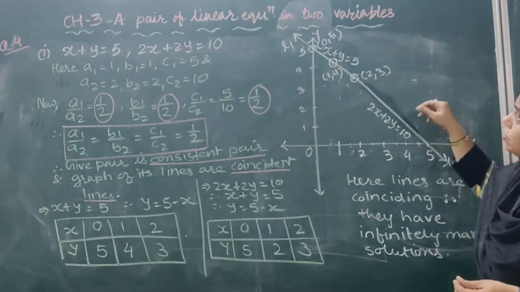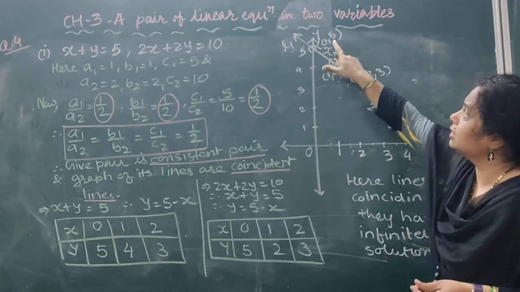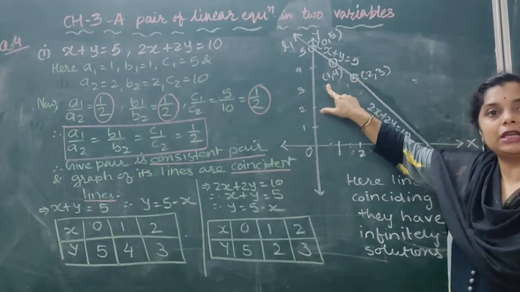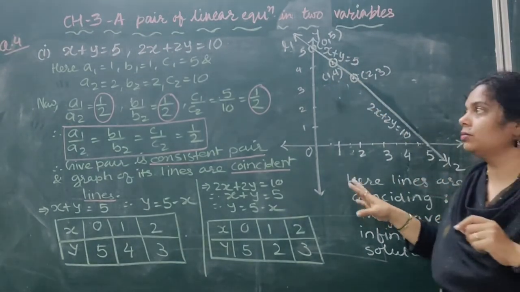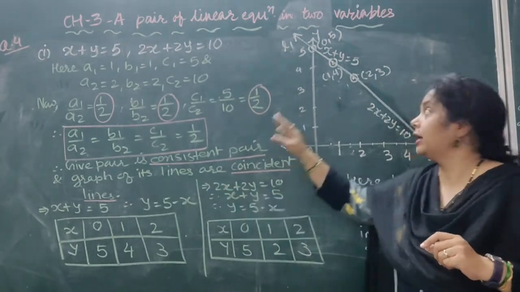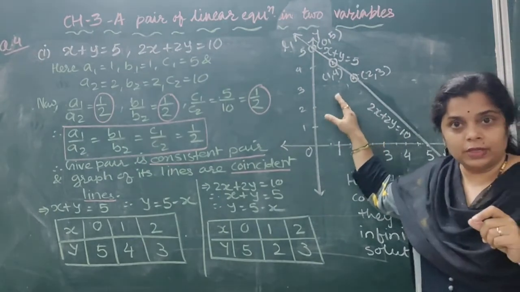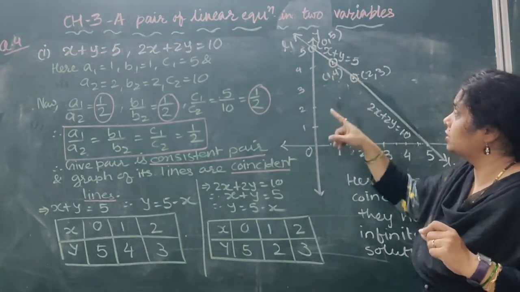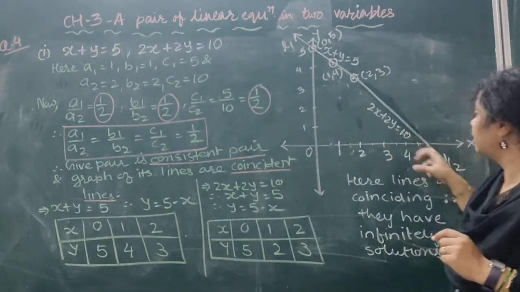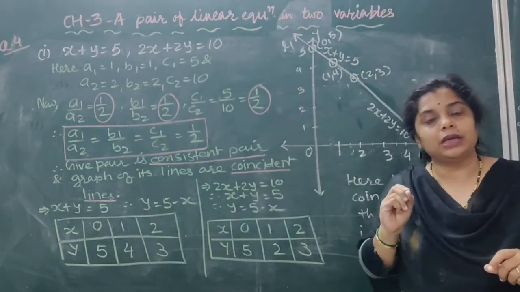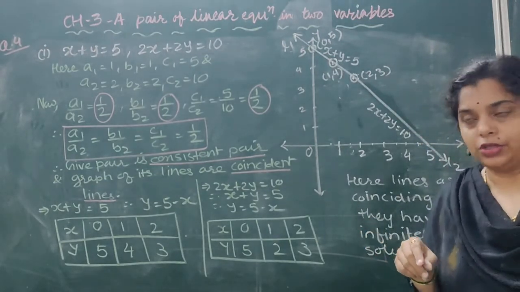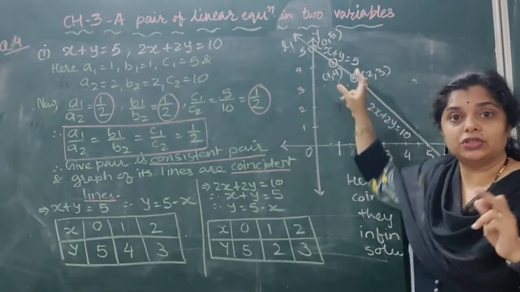So like that you have to draw a graph and plot the points, and you have to mention the points also, right? The graph is a very important thing. This question may be asked as a 4-mark question, 2 marks for this side and 2 marks for the graph only. So if you do not mention the points, or you do not properly mention the lines, that this is L1 and this is L2, the examiner may cut your marks. So be careful, mention each and every point, and the linear equations also.